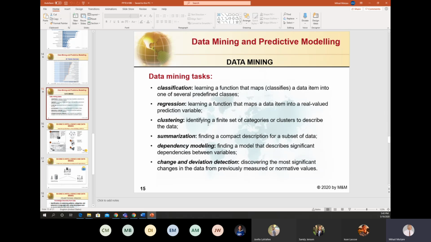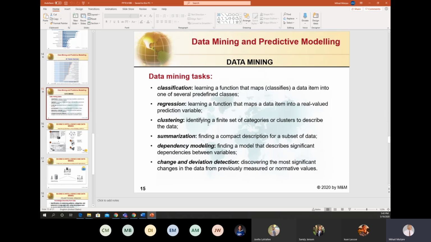So far, as we did in regression analysis and business forecasting, we use Microsoft Excel, and we also introduced Gretl software, very advanced software, but still not enough automated.